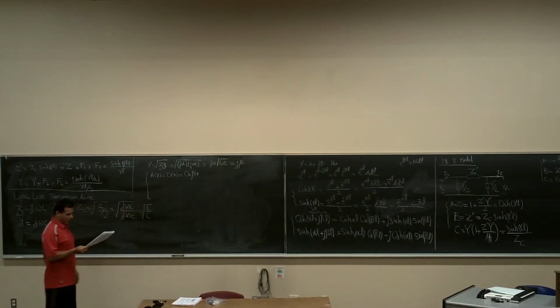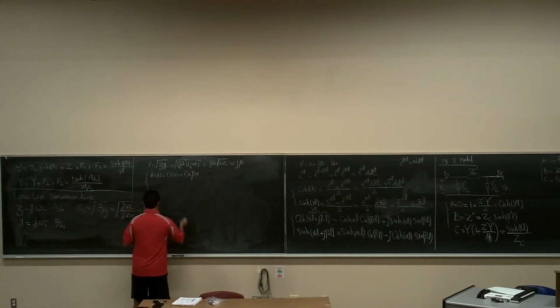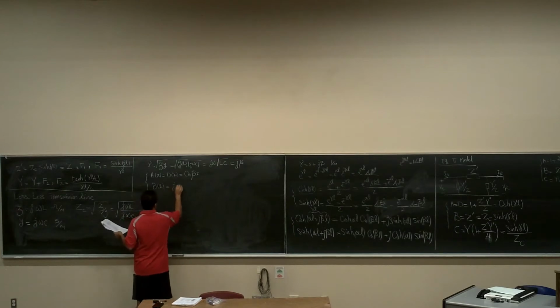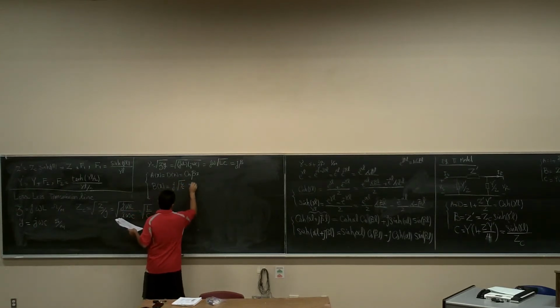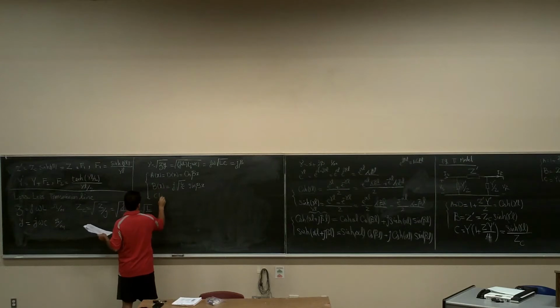It's going to be cosine beta x, and Dx is going to be cosine beta x as well. Bx is going to be j times the square root of L over C times sine beta x. And Cx is going to be